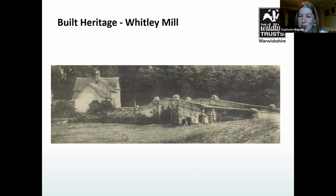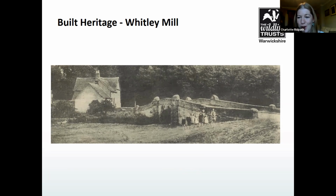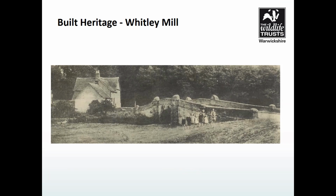So one of the things we want to do is dig out the history and share some of those stories. It's all about making it more interesting for people, and more engaging. So I've had a brilliant time poking about, looking at old maps, looking at old photographs, illustrations. People send me things. It's just the most exciting process. So I've got this lovely